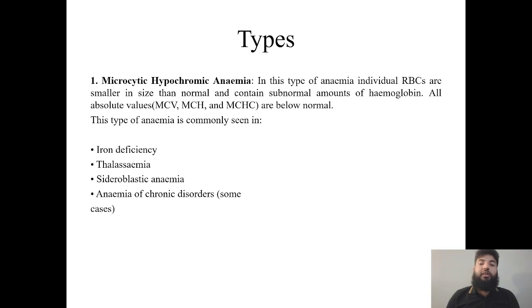So, microcytic hypochromic anemia, as we have discussed. In this type of anemia, there will be a decrease in the absolute values, which include MCV, mean cell volume, mean cell hemoglobin, and mean cell hemoglobin content, below the normal range. And this type of anemia is commonly seen in iron deficiency, thalassemia, sideroblastic anemia, and anemia of chronic disorder, as I